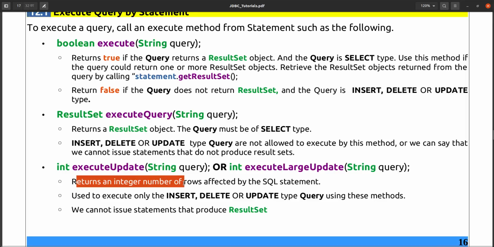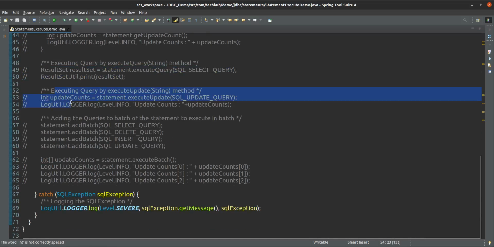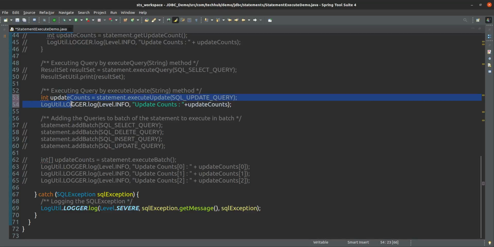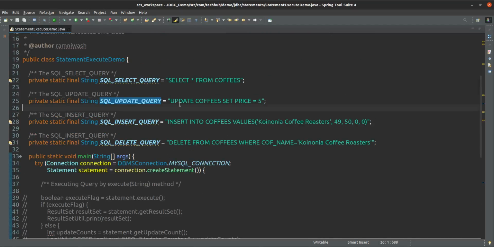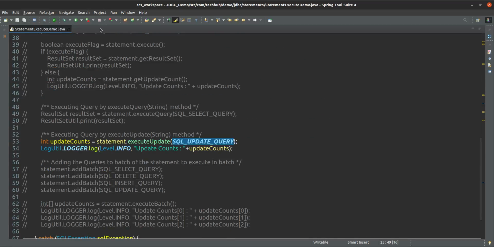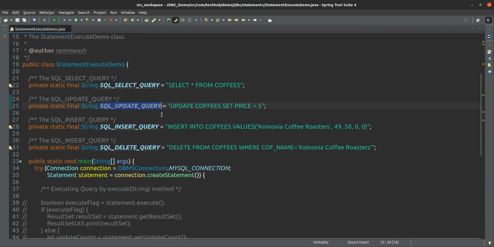It returns an integer number of rows affected by the SQL statement. So here if you see executeUpdate with the SQL update query, if you use this SQL update query, how many records will be affected? 5 records will be affected. So it will get the count of only 5 records, because that query is of update type.